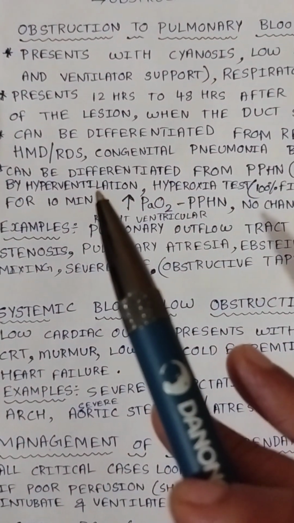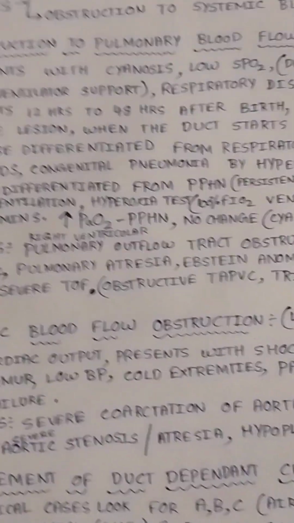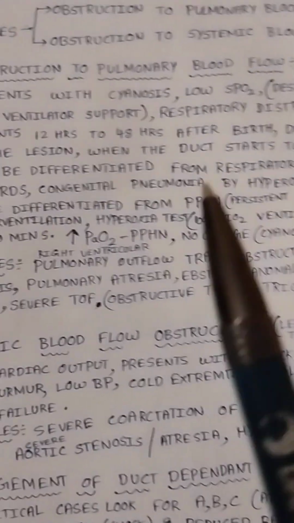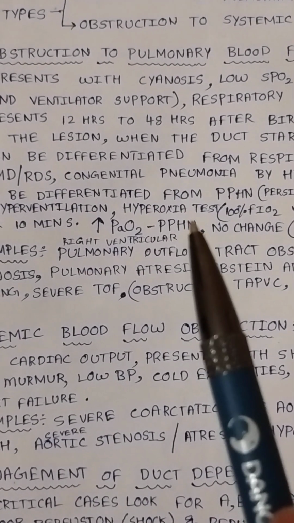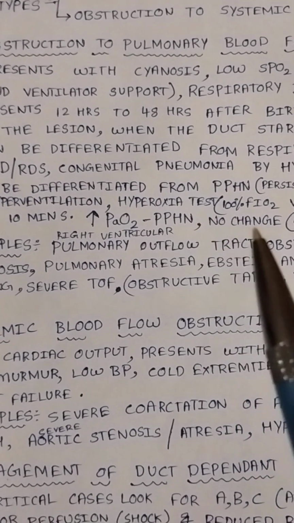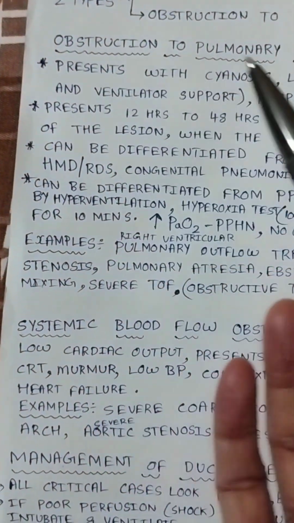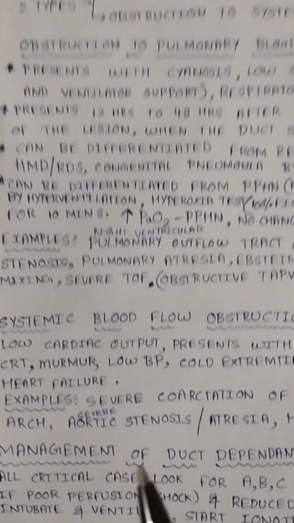If the saturation increases with the hyperventilation hyperoxia test, giving 100% FiO2 with 100 to 150 breaths per minute for 10 minutes, then it is persistent pulmonary hypertension of the newborn. If there is no change, then it is cyanotic heart disease where there is obstruction to pulmonary blood flow. Okay, examples of this,